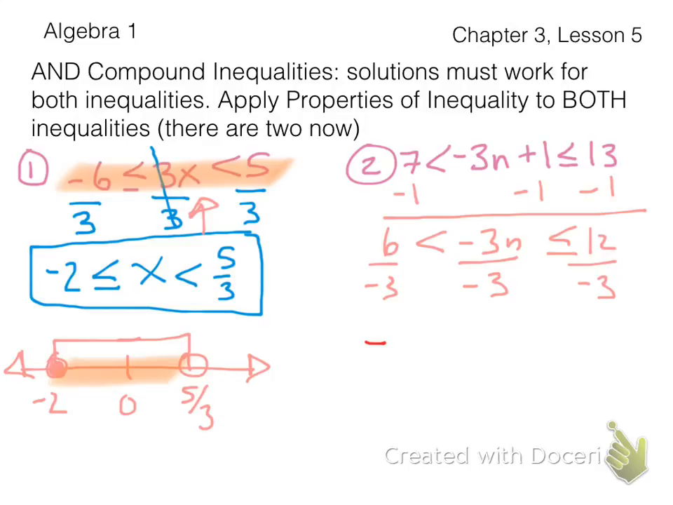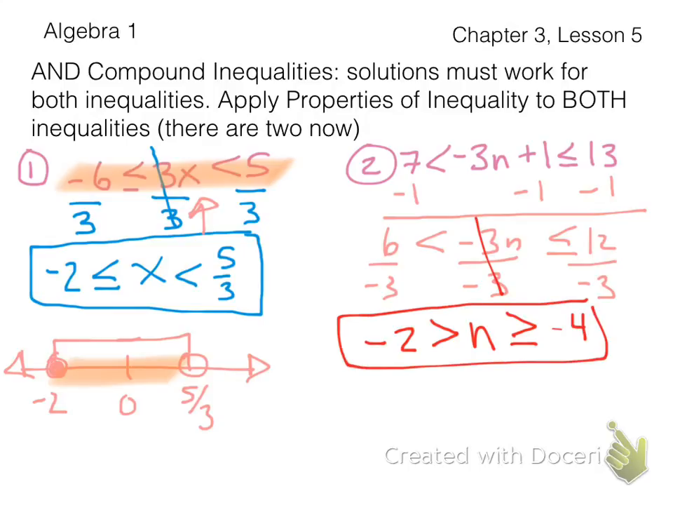So 6 divided by negative 3 is 2. Flip the direction of the inequality. Negative 3 over negative 3 is 1. Flip the direction of the inequality. 12 divided by negative 3 is negative 4. So it actually makes sense now because I'm looking for a number that's greater than negative 4 but less than